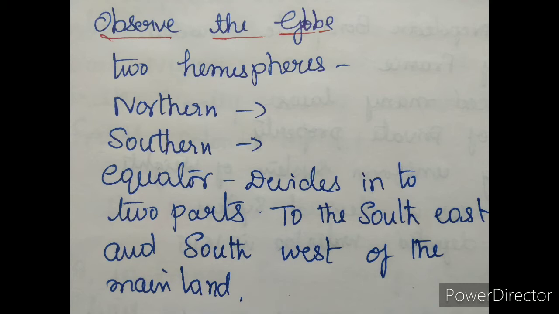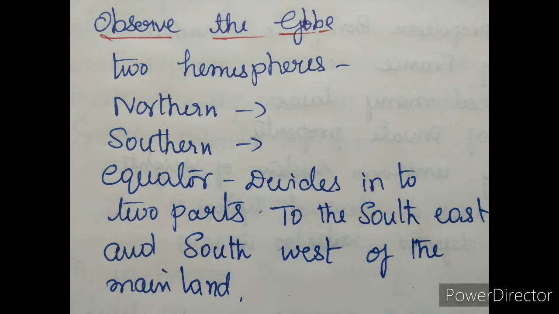Find out the extent of these island groups from your atlas. If you see the Indian map, you will come to know where Lakshadweep is, where the Andaman and Nicobar Islands are, and where the Arabian Sea is. If you take the globe, observe the picture of the globe. The equator divides the earth into 2 parts, that we know already. The upper part is the northern hemisphere and the lower part is the southern hemisphere. In between, the Tropic of Cancer and Tropic of Capricorn lie.